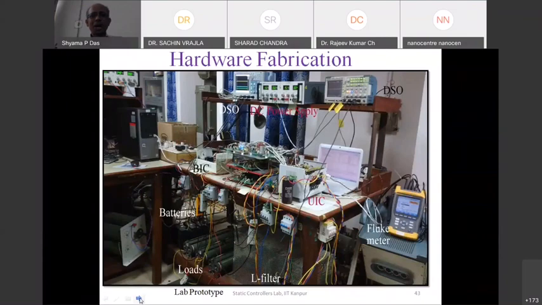So this is basically the laboratory setup. We have used the IGBT converter. This is the battery interface converter, BIC, which is a bidirectional converter operating in the boost or buck mode. Then we have the battery down below. We have 4 lead acid maintenance free batteries, each having close to 12.5 volt. And then we have loads here. Since we have DC, we have used simple resistive loads. It could be a fan load, it could be a brushless DC motor, but in our laboratory experiment, we have used simple resistive loads for DC.